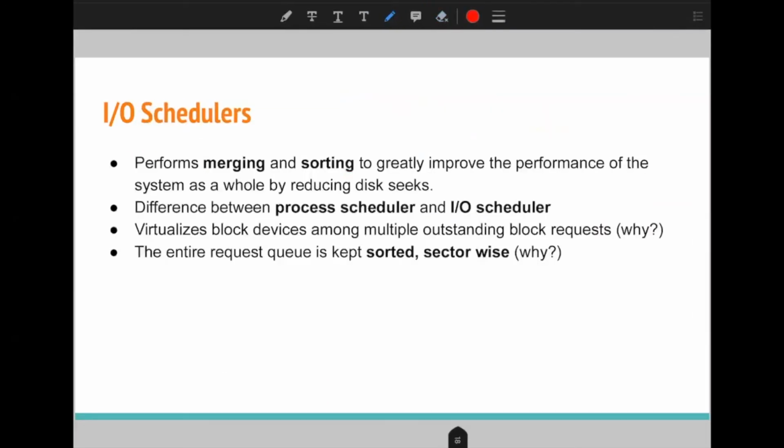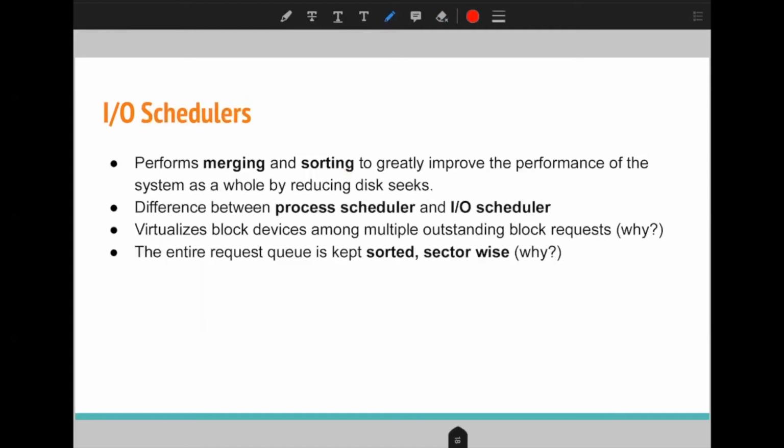So let's now discuss what IO schedulers are. As we have discussed, we can raise disk IOs, read or write. So these requests go to the request queue. So it is the responsibility of the IO scheduler to decide how to put these requests in the request queue. These schedulers are very important because disk accesses are very slow, so we have to optimize for getting good performance of the system.